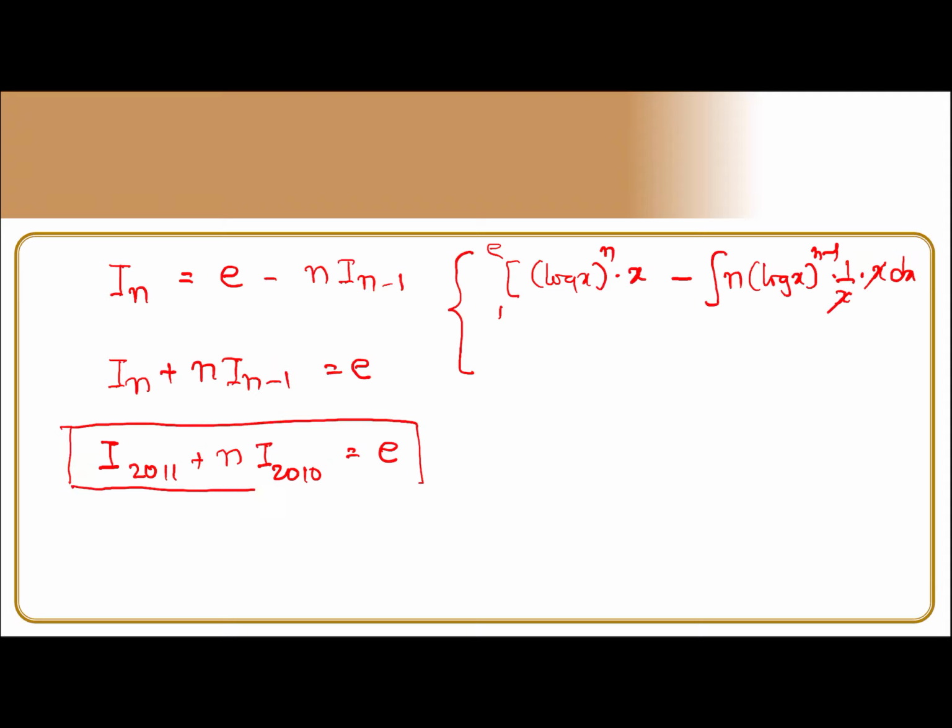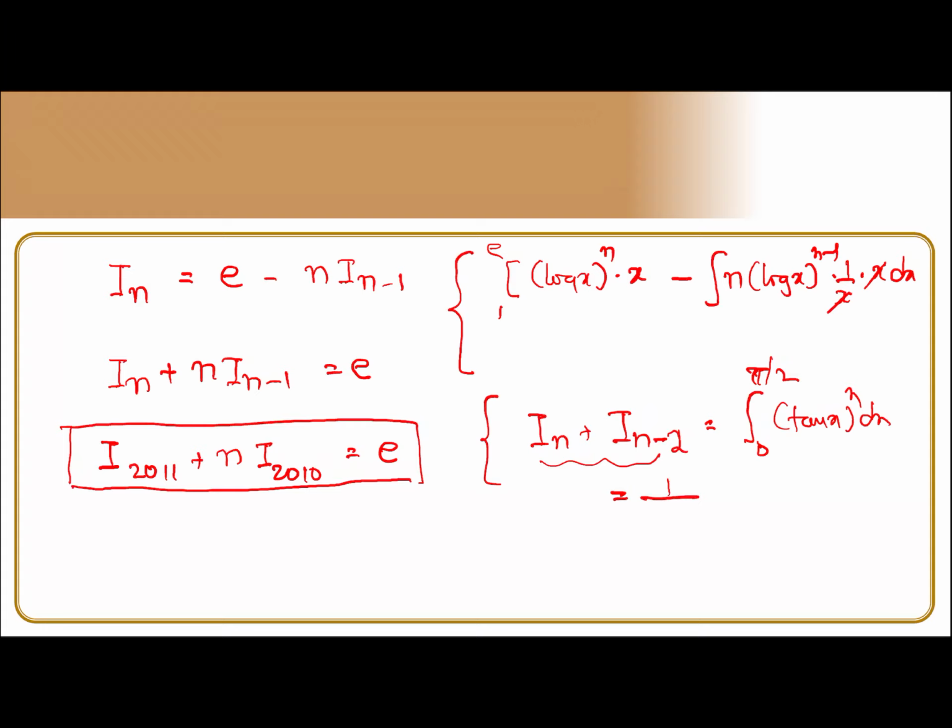So the same type you might have seen in tan also. Just to recall, I_n plus I_(n minus 1), I_(n minus 2), you might have studied in tan: 0 to pi by 2, tan x to the power n dx, the same fundamental is followed. So this value will give you 1 by (n minus 1), and I_n plus I_(n minus 2) is 1 by (n minus 1). You might have seen the old questions.